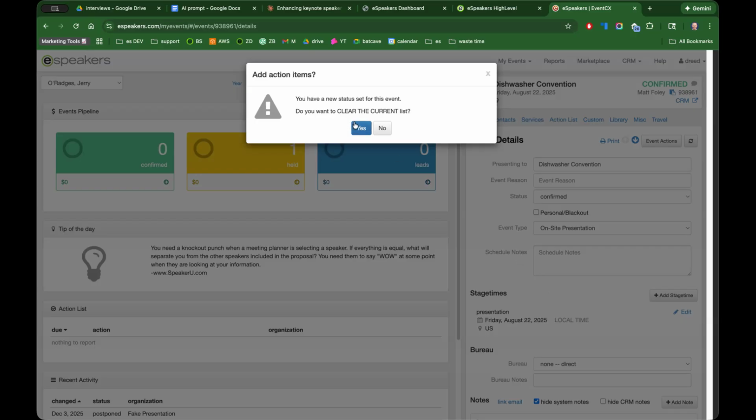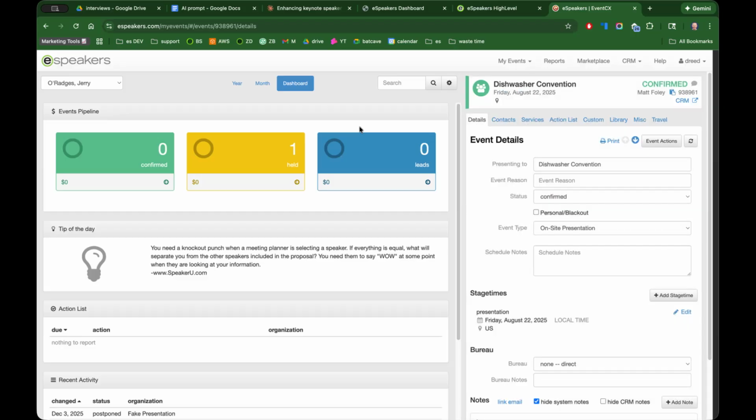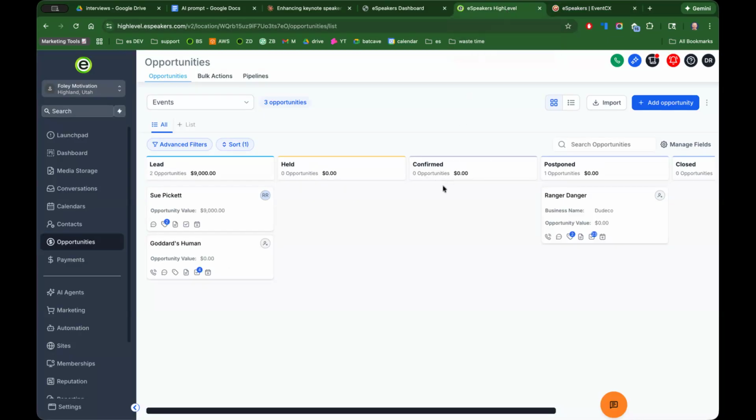Because it's an updated status, I do want to clear my current action list and apply any items related to the new status, confirmed, from my action list. And because I did this inside the eSpeakers calendar, I now want the opportunity to follow in HighLevel. And if I refresh this now,